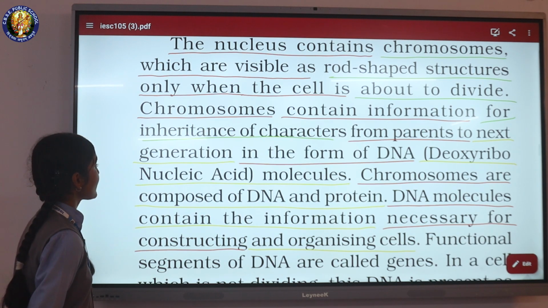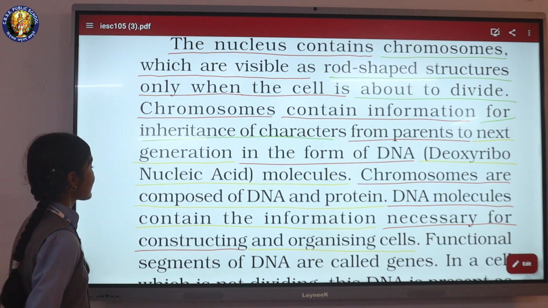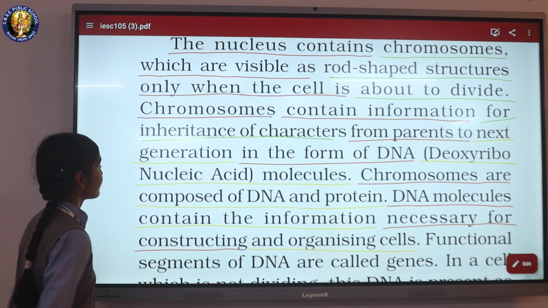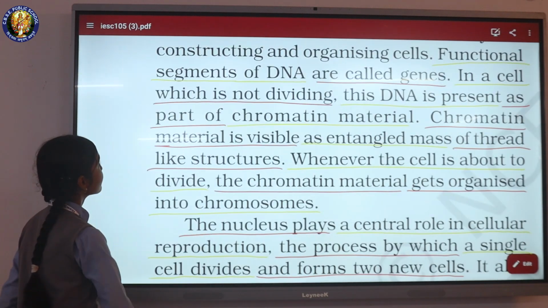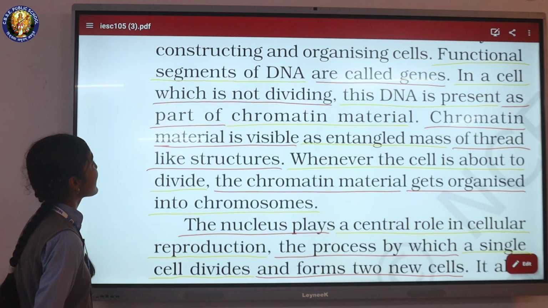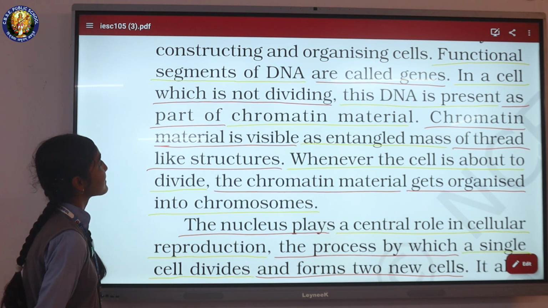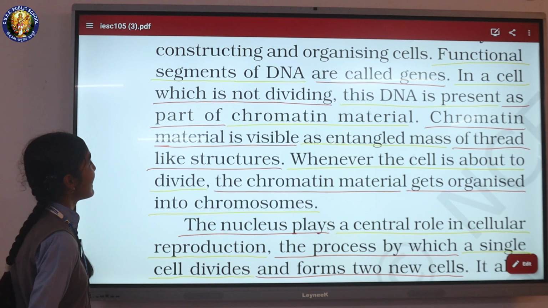DNA molecules contain the information necessary for constructing and organizing cells. Functional segments of DNA are called genes. In a cell which is not dividing,